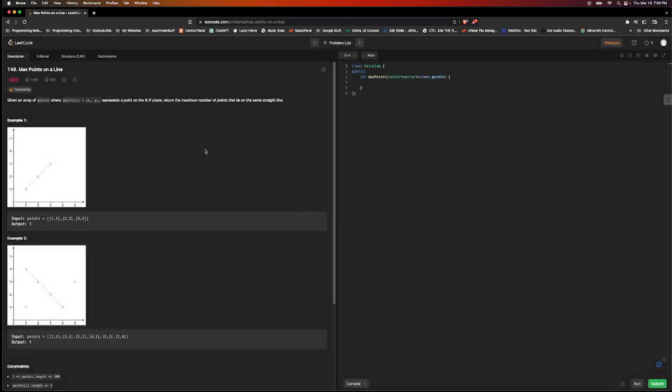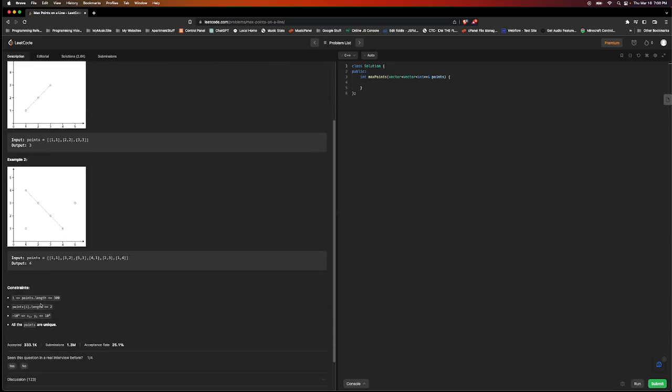Discussions. Okay. Given an array of points where points[i] = [xi, yi] represents a point, return the maximum number of points that lie on the same straight line. Example: [1,2],[2,3],[3,3], I'll put 3. Constraints: 1 <= points.length <= 300. Oh, that's 1, keep thinking of that. points[i].length equals